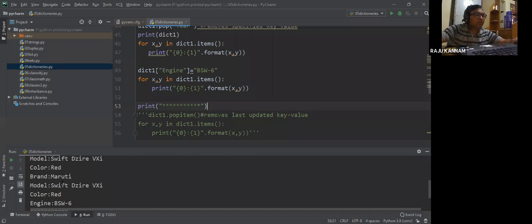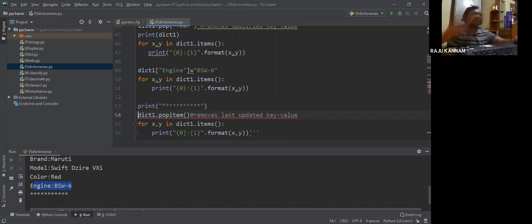See here, now the new item is added. Engine BSW6. Now brand is Maruti, model is so and so, color is red, and engine is BSW6. Now, what this pop will do is remove the specified element, and popitem will remove the last updated key value pair.